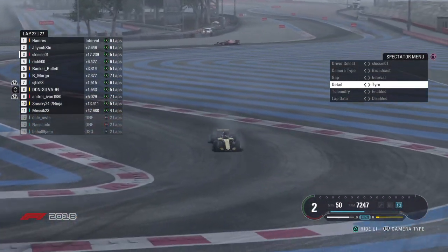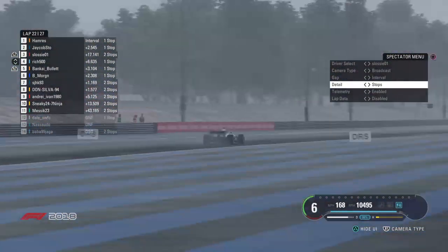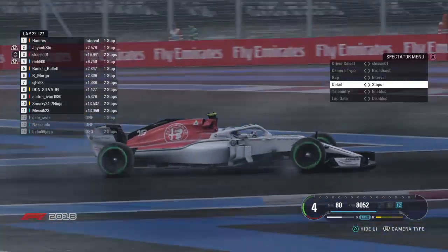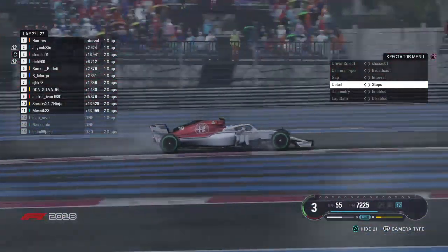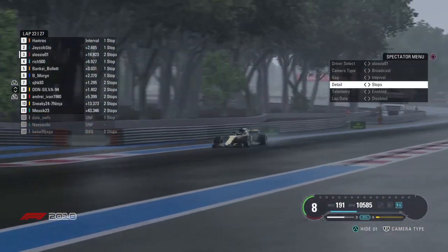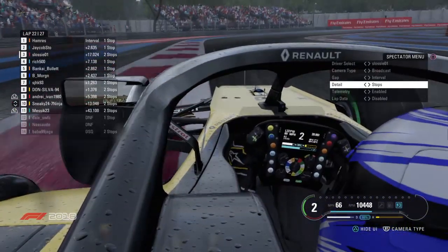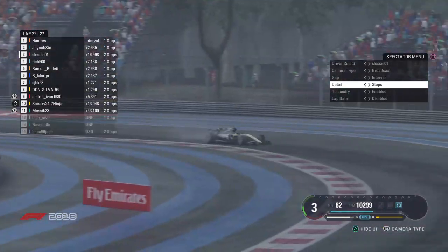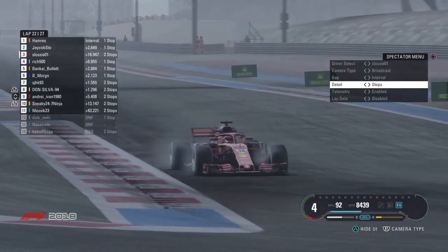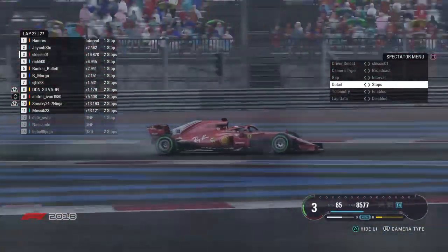Let's have a look at how many stops everyone's made. You see, Sloshy threw away the race lead by making a stop onto the dry tyres. I mean, for Don Silva, Ivan and Sneaky Ninja, they had to make a stop onto the dry tyres because they started on the ultras. But Ivan went for 2 sets of ultra soft tyres, which turned out it wasn't as bad as my initial thought about it,